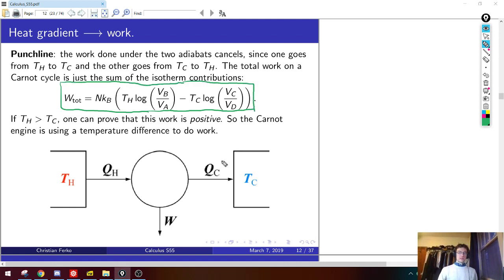So the Carnot cycle is sometimes drawn in this cartoon form because basically if you ignore all those complicated steps in the middle of moving the gas around, and just think of this as a black box, what have we really done? Black box, we had a heat source, extracted some heat Q hot from that heat source, then put some heat Q cold to the cold source, and we got useful work in doing that.